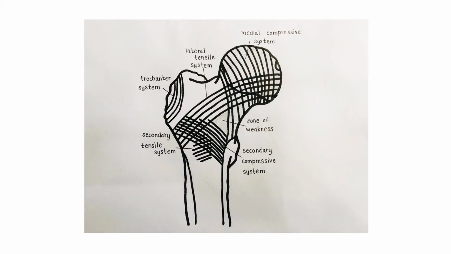The internal architecture of the pelvis and femur reveals a remarkable adaptation to accommodate the mechanical stresses and strains. The pelvic trabeculae that pass through the acetabulum of the pelvis form two major systems and three minor systems within the femur: medial trabecular system, lateral trabecular system. Zone of weakness: area in the femoral neck in which the trabeculae are relatively thin and do not cross each other.